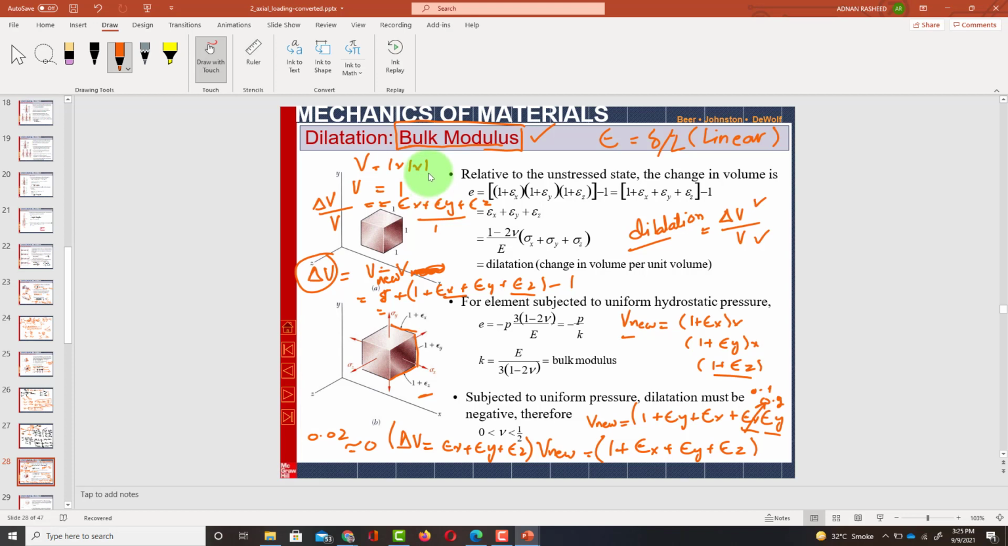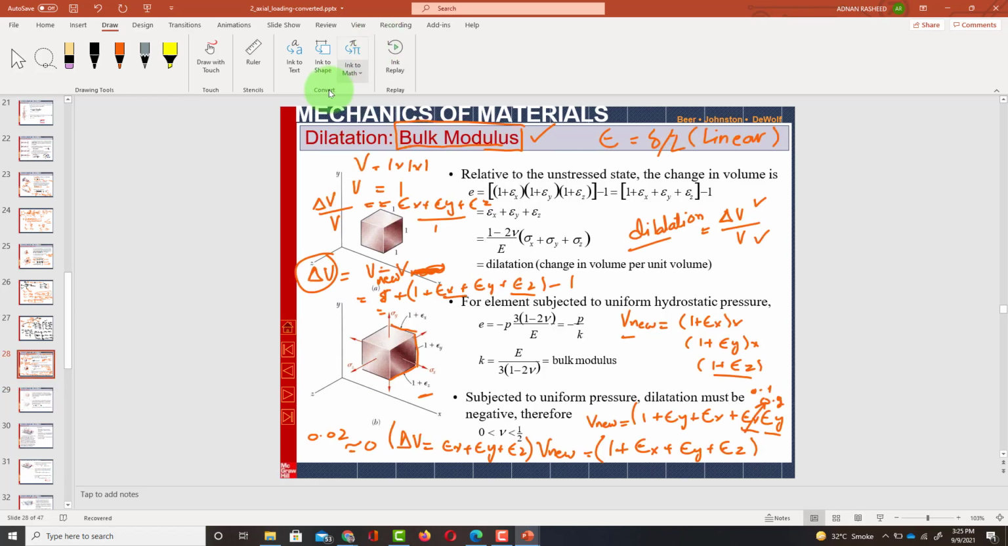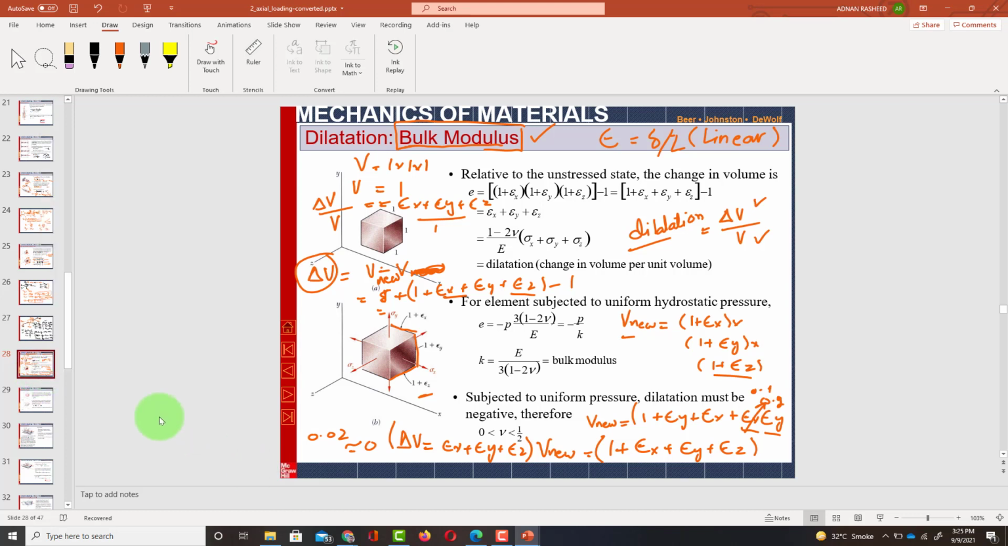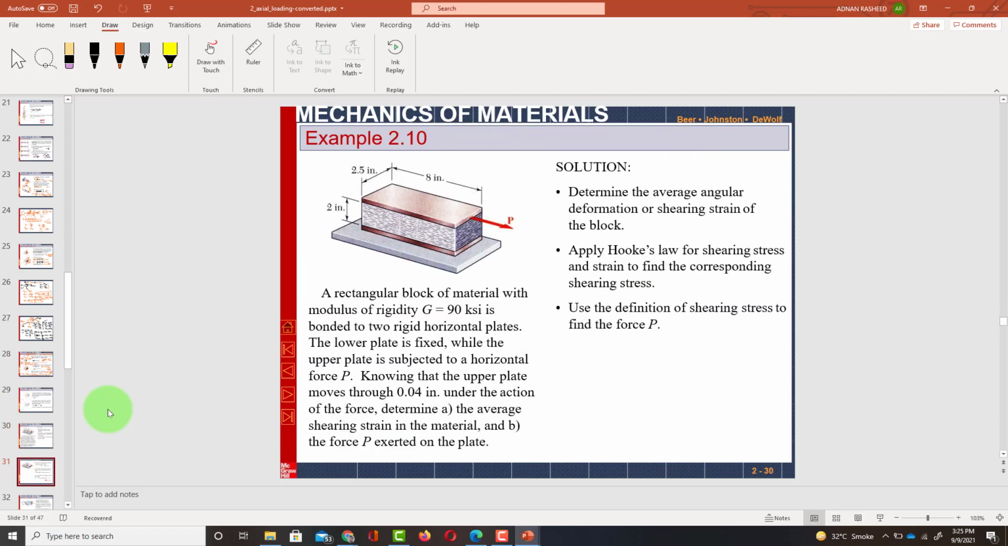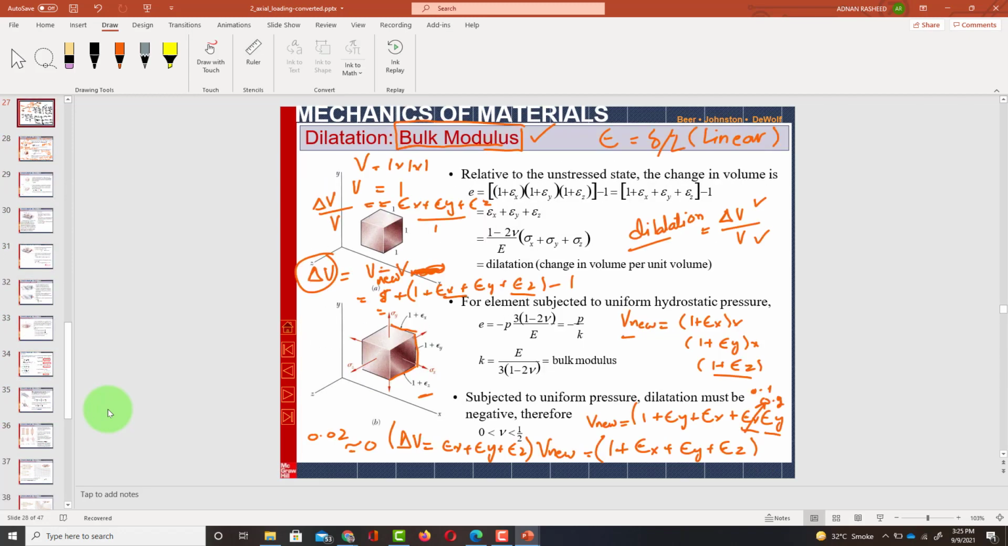Clear? Yes, sir. So dilatation comes out to be epsilon x plus epsilon y plus epsilon z. अच्छा, ये हो गया यहां तक, ठीक है ना। Now अगर मैं again इसका डुप्लीकेट क्रिएट करता हूं और मैं आपको एक चीज शो करना चाहता हूं, इसमें है कि नहीं, let me check 1 मिनट। ओके, नहीं है।